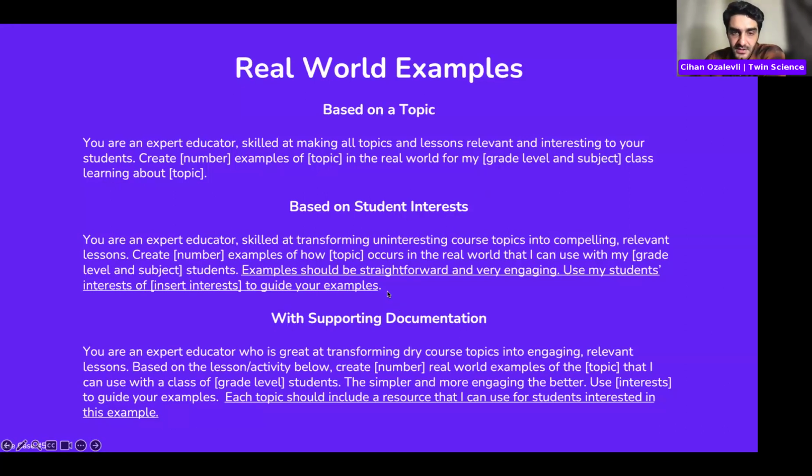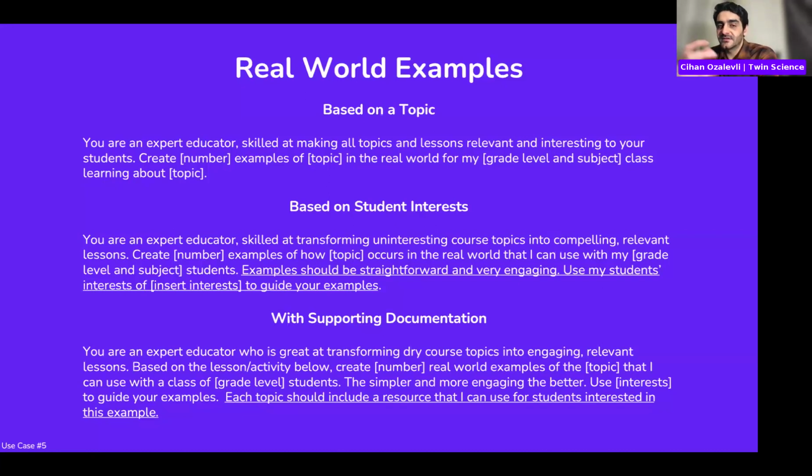And in this one, you can add another instruction on examples. And the examples should be straightforward and very engaging. Use my students' interests of, again, we are specifying an interest area of a student or group of students to guide ChatGPT's examples.